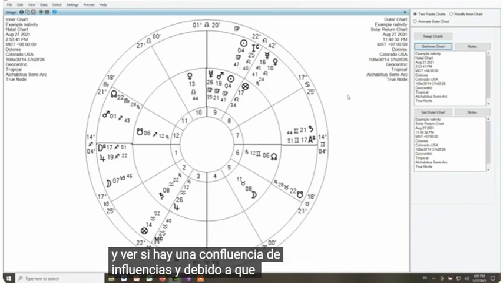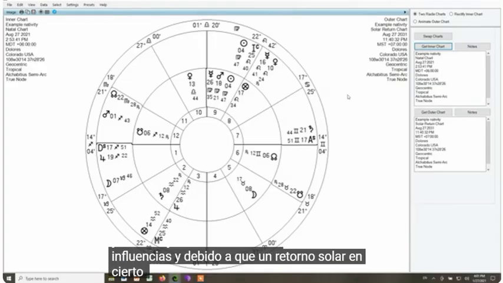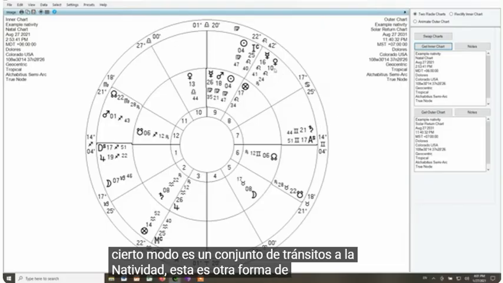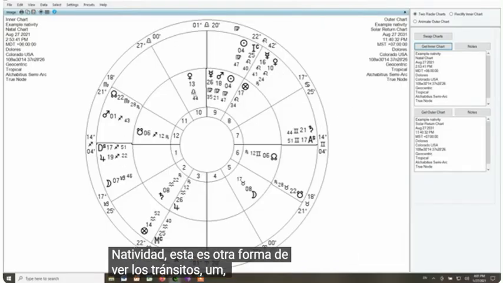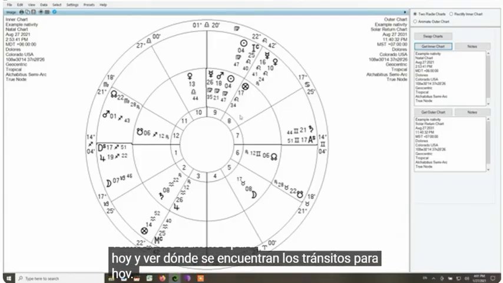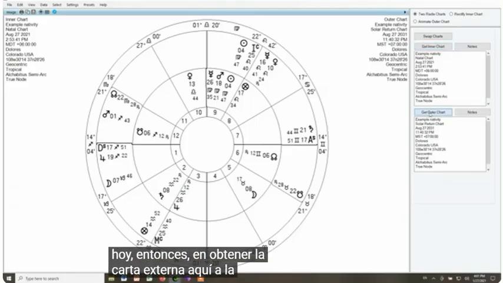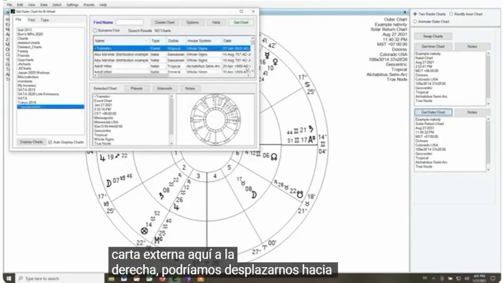And because a solar return in some ways is a set of transits to the nativity, this is another way you can look at transits. If you wanted to have this nativity in the center and check out the transits for today and see where the transits for today lie on it, then under Get Outer Chart here on the right, we could scroll up,